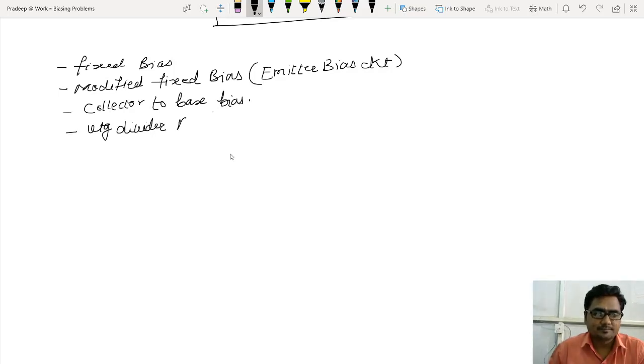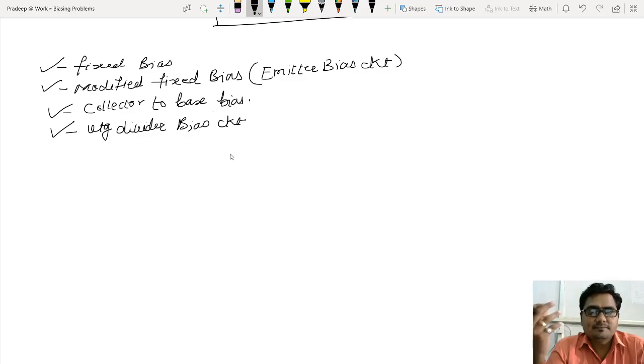circuit. In most of the amplifier circuits, why say most, we'll say in all the amplifier circuits we are using voltage divider bias circuit. The next chapter is related to voltage amplifiers, and in every amplifier circuit we are mandatorily using voltage divider bias circuit because it is a good balanced bias circuit among all those that I have listed here. So we have studied how the Q point is stabilized by using all those four circuits, and even derived the stability factor equation for all those biasing circuits.